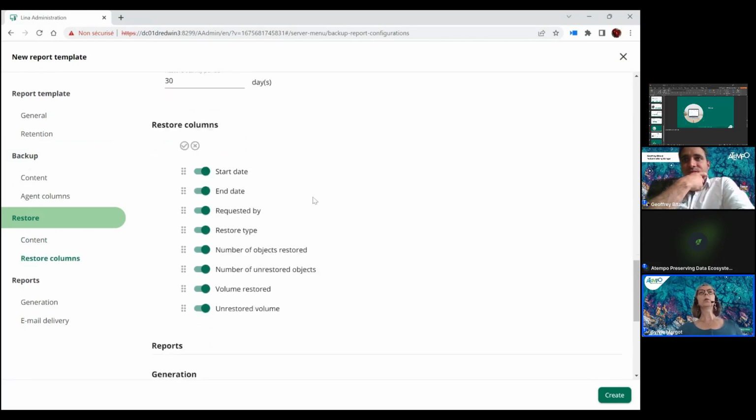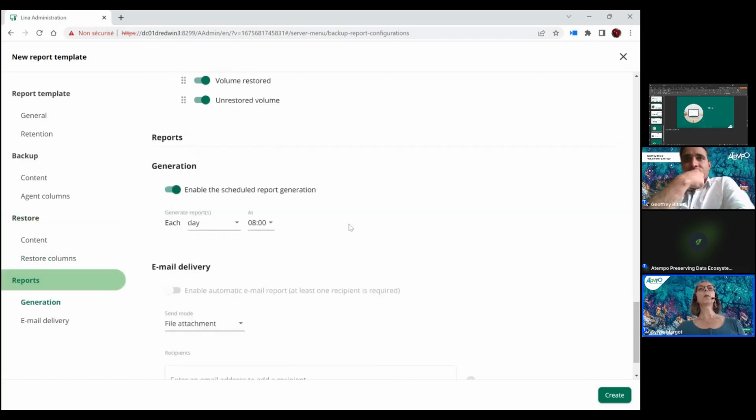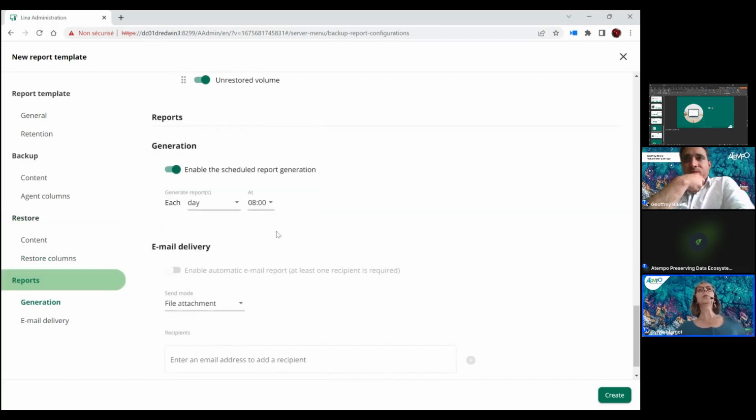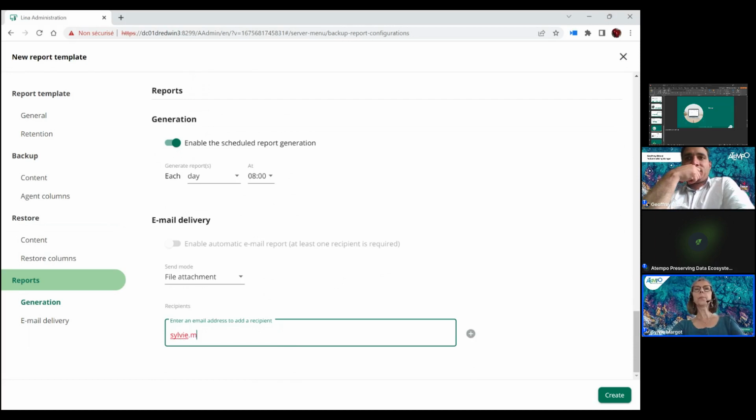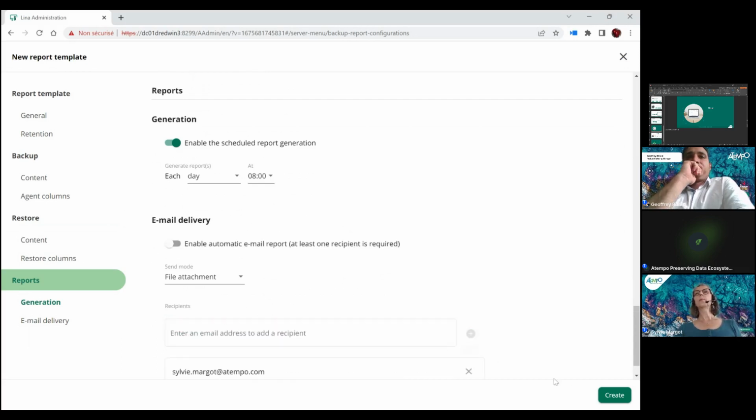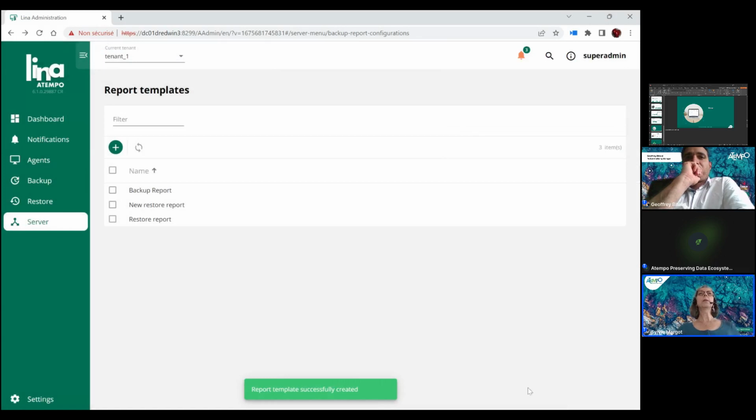And I'm going to check all columns. This is a default schedule information. I'm going to leave it as is. I'm going to add my email. And create a template. So here is my new template. Now I'm going to generate the report